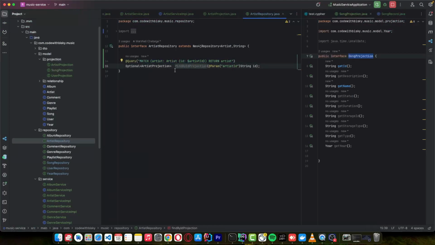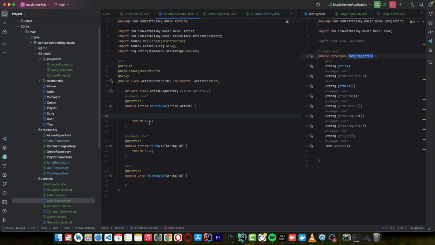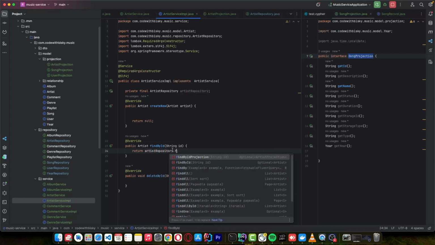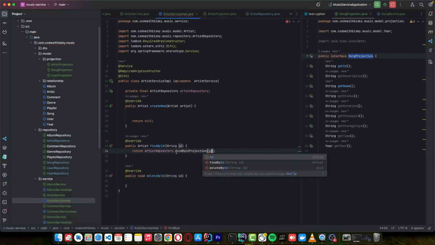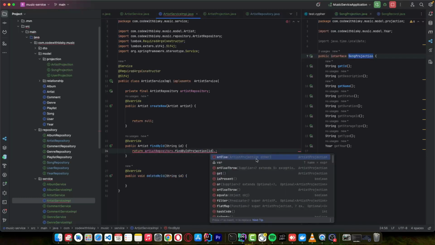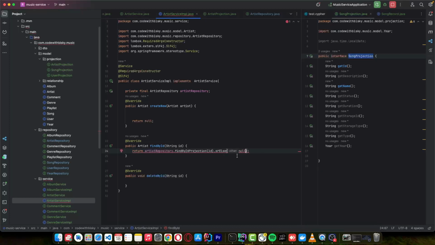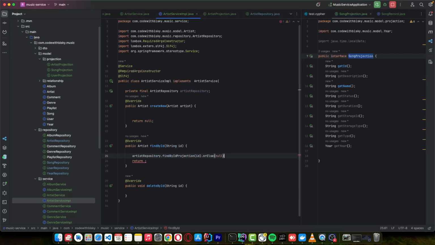So let's now copy for the find artist by id. We can come back to our artist implementation here, where we just say artist repository dot find by id projection, and can pass by id. So this, it's an optional, or else it can return a null. It means the artist doesn't exist, or it's a projection. Sorry, here it's a projection, so we can do this. It returns an artist projection,